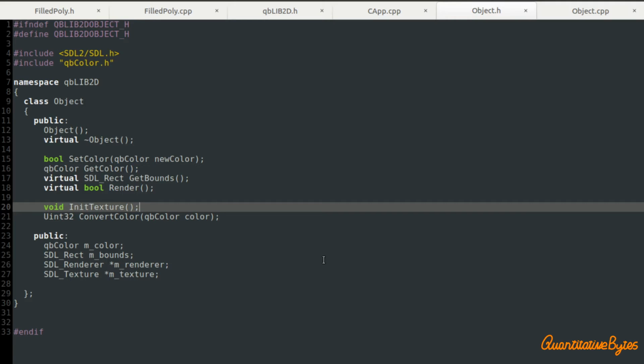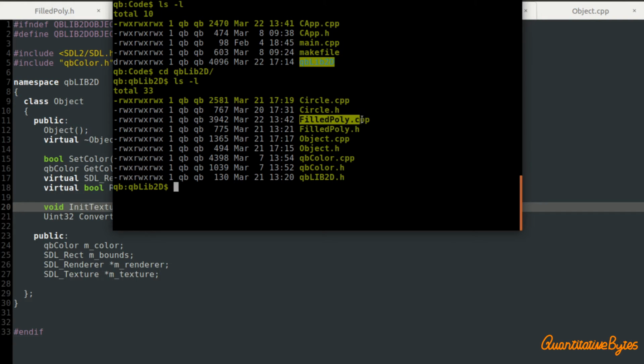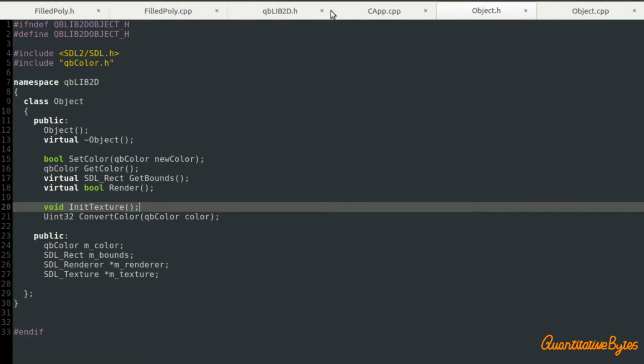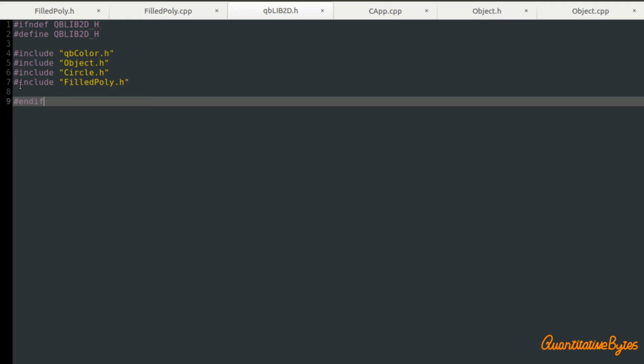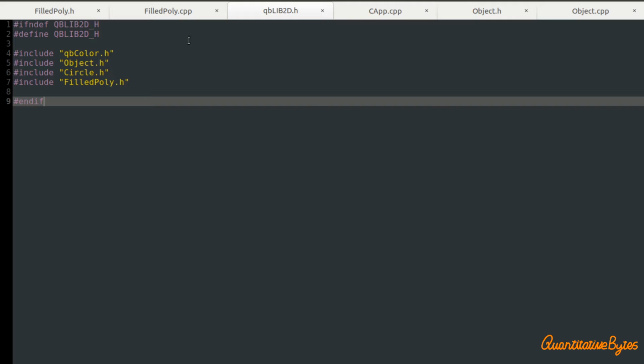And what I really want to talk about now is the new class that I've created. I've created two new files, filledpoly.h and filledpoly.cpp. If we look in the terminal window first, we can see these are all the files here, and then in the qblib2d folder, you can see I've created these two files, filledpoly.cpp and filledpoly.h. And we're using a master header file called qblib2d, so we can just hash include qblib2d into our code, and that gives us access to everything that we need. If I go to that file here, I've modified that from last week. I've simply added hash include filledpoly.h here, so that will now bring everything in specifically for that.